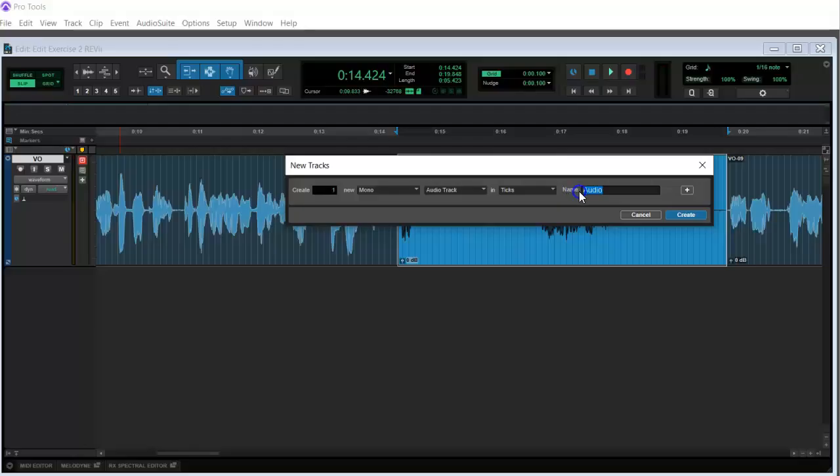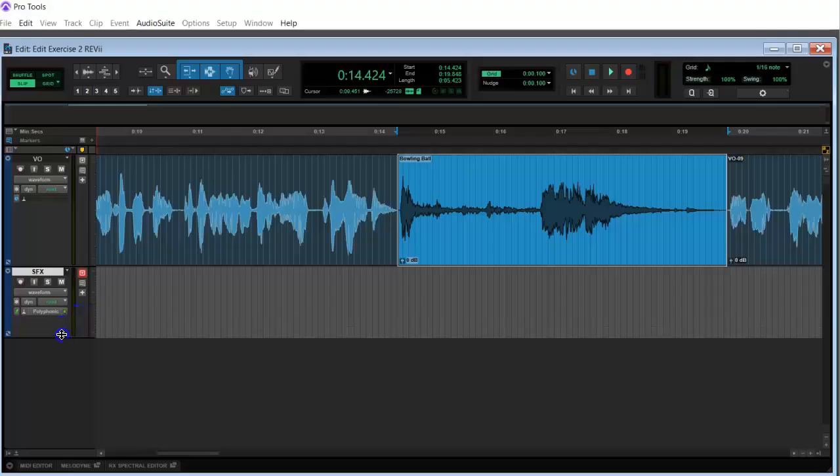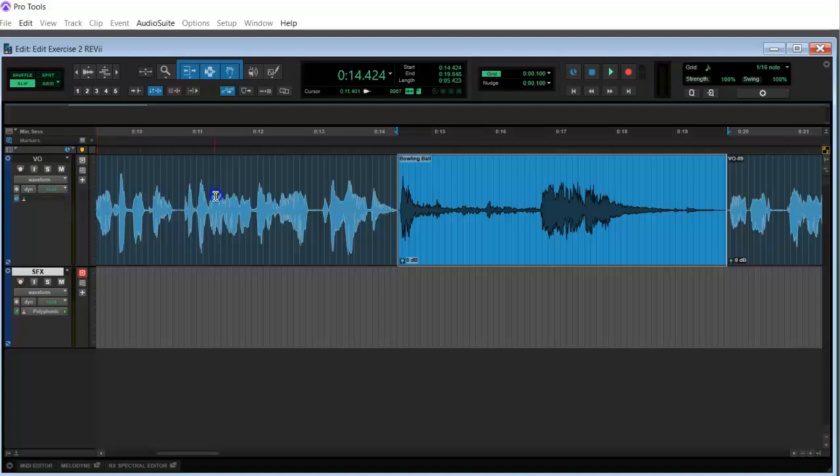I'm going to name this SFX, which is my sound effects, and I'll go ahead and click OK. You'll see it puts a new track below. I'll enlarge it, and it calls it SFX. So now I have my voiceover on top, and my SFX track here on the bottom.